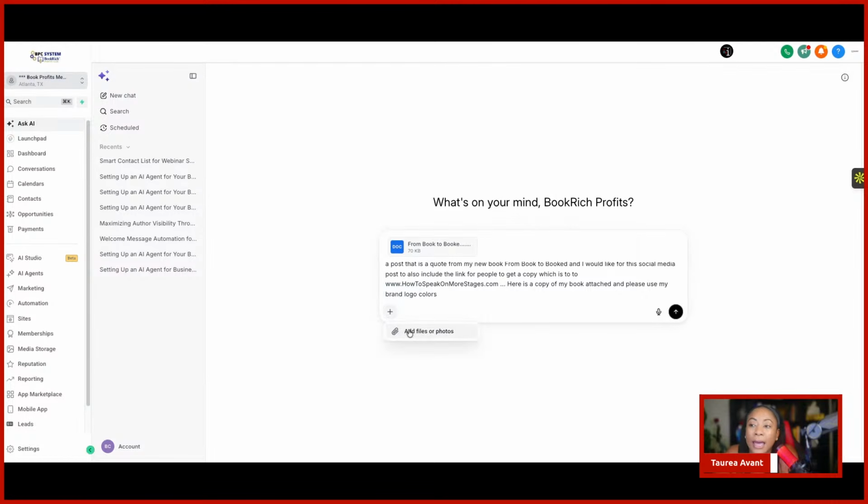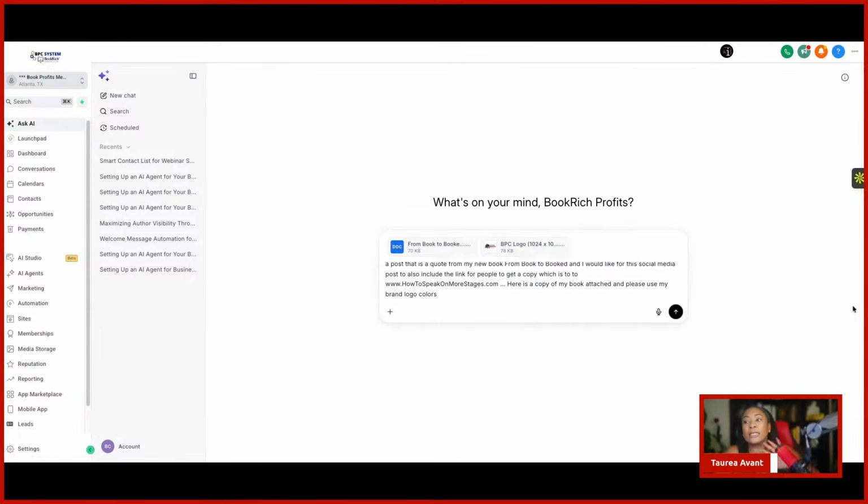And then I'm also going to add in my logo for my company brand, right? So we want to add that in as well. I really need to be having this thing on the dashboard. So I got my logo and I have my book, right? So is everybody with me so far?